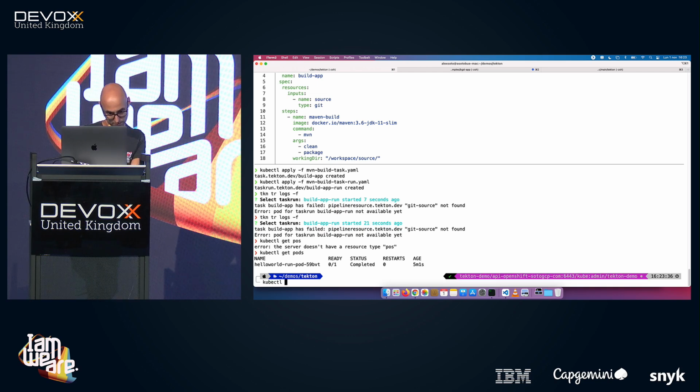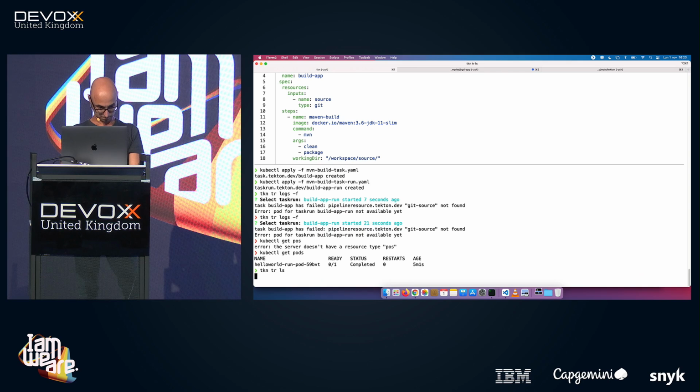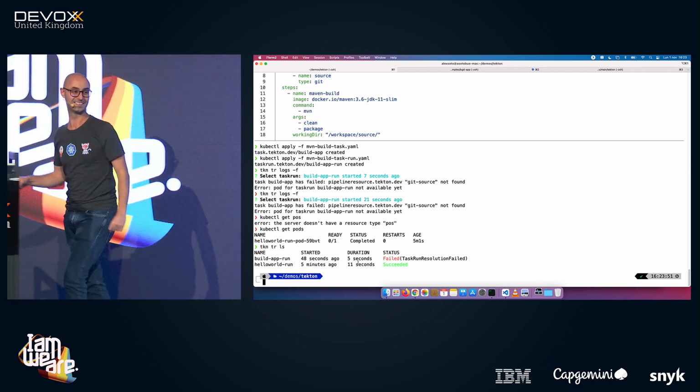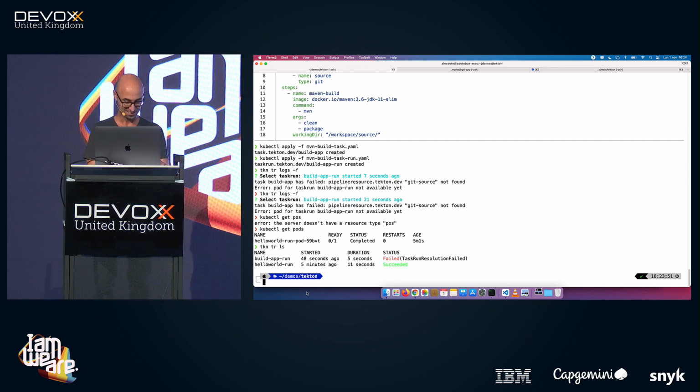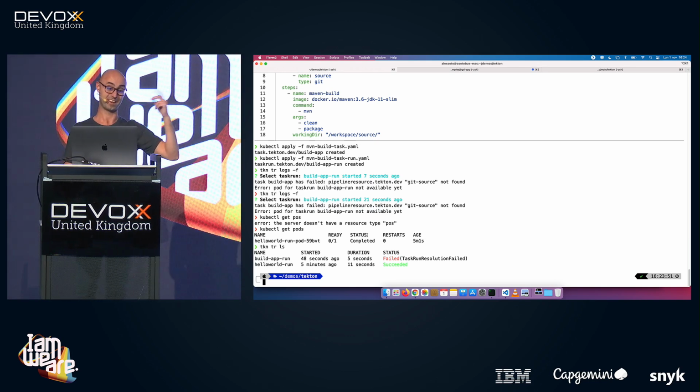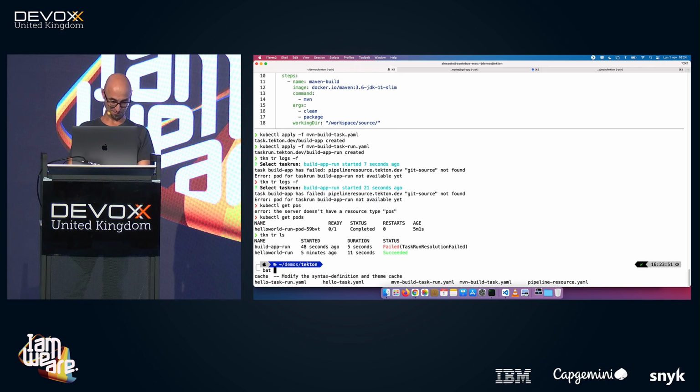I applied the task run. Yes, it was created. Fill it. Task run. Sorry? Oh, so it's true. Yeah, and then define the Git source. Exactly. Thank you. It was because usually I define first the pipeline resource, then I do the task, and now I did it the other way. Okay, yeah, true. Now we need to define the pipeline resource,